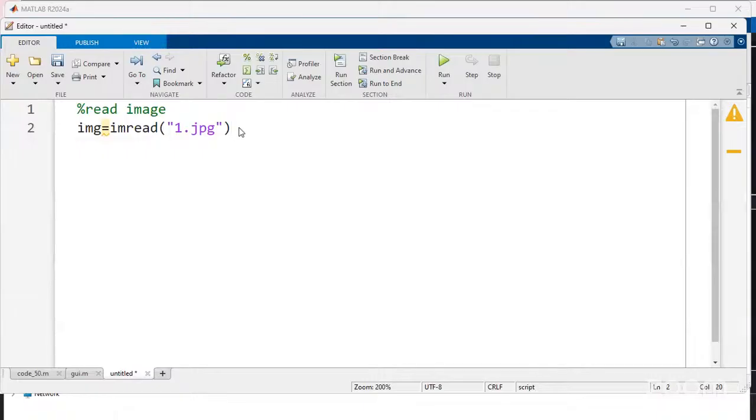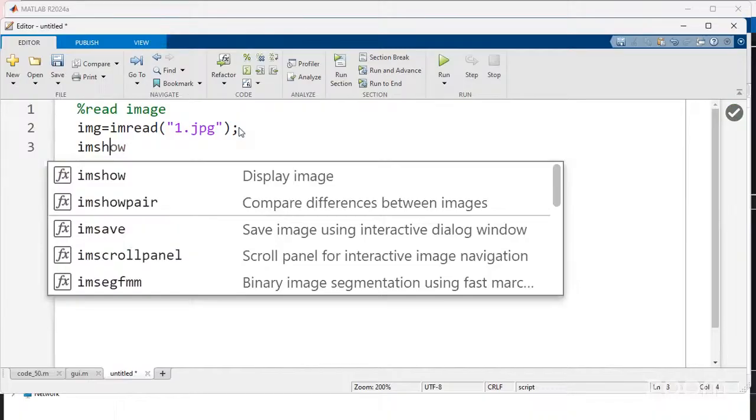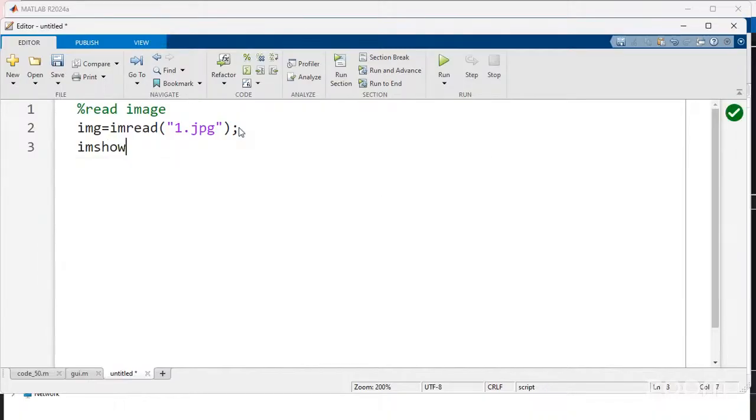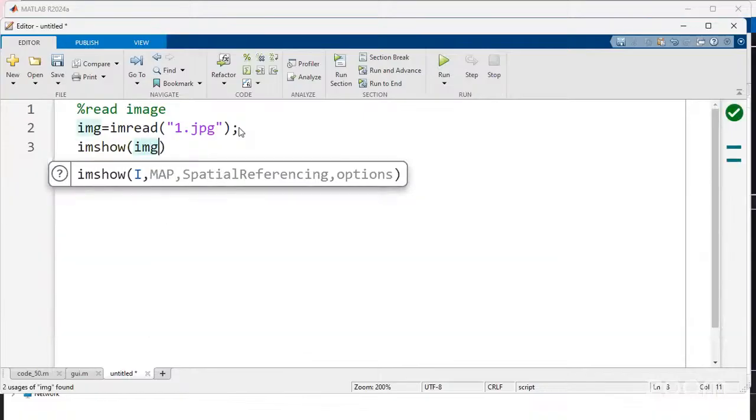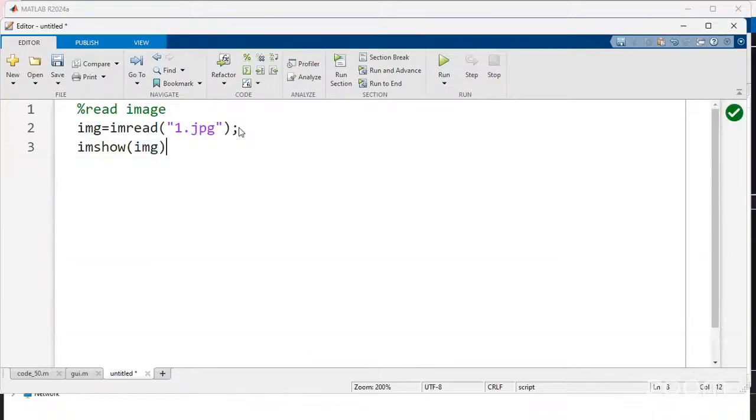1.jpg. If you are typing any code in MATLAB, at the end of the statement you need to add a semicolon. Okay? After the enter, I want to show that image. That's why I use imshow. Which image? That variable name, img, I need to display. The semicolon is mandatory.